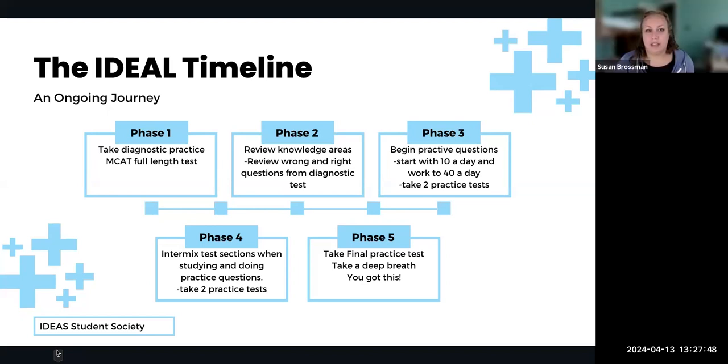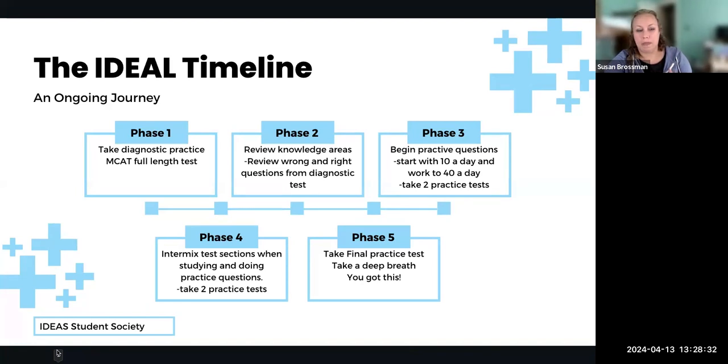Yeah, that's a really good point, because maybe you set your MCAT test for April, but you take your final diagnostic test in whatever schedule you've created, or non-schedule you've created for yourself, and you didn't do as well. You can always move your test date. It's not set in stone. So give yourself a little leeway. Maybe you were going to take it in early April originally, but now it's going to be early May, because you're going to do some more studying before you actually take your test.